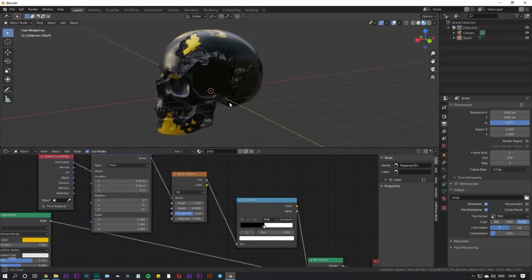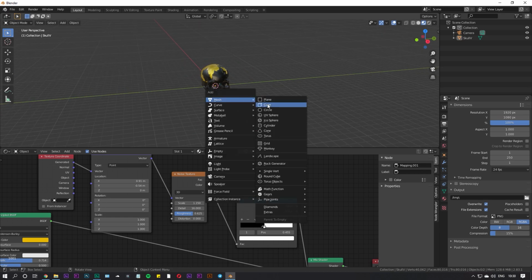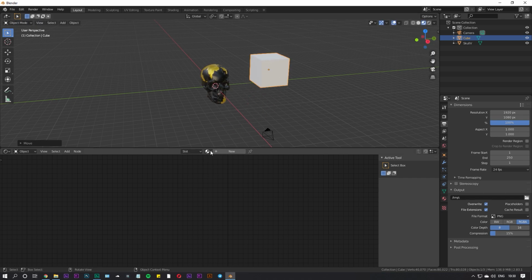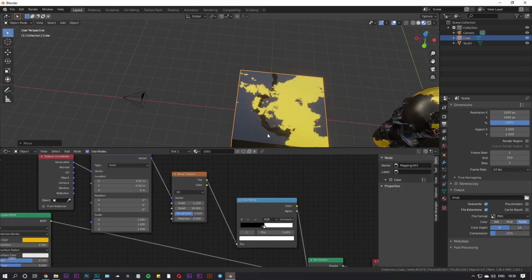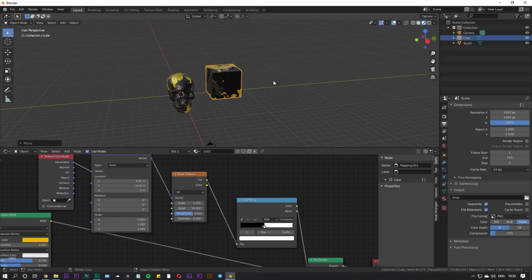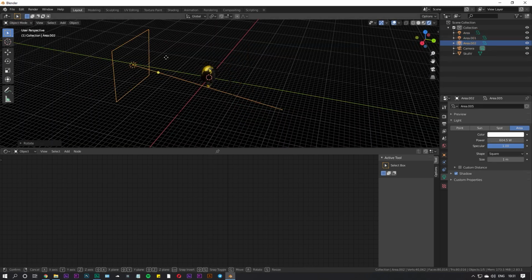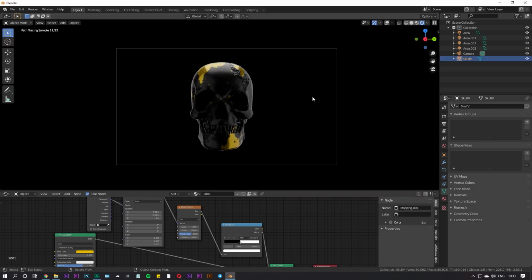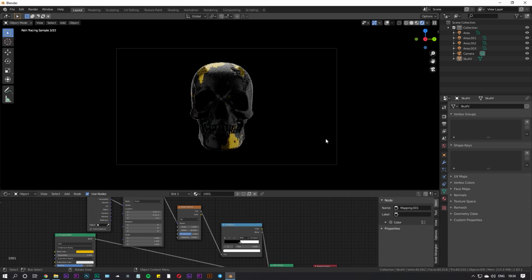So this is how you can create a gold patch material, and you can apply it onto any other object. So for example, if I add a cube and if I just scale it up and position it over here, from here I can simply change it to this material, and here you can see that we have already added the gold patch material, just like this. So again, you can add some custom lighting and we can really sell the effect. So here you can see that with the help of lighting, you can completely change the look of your scene.